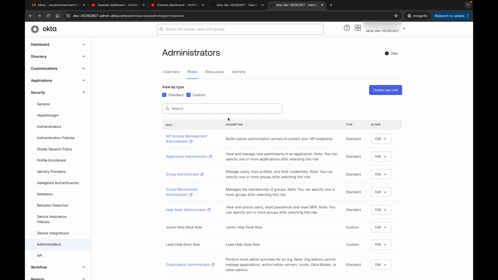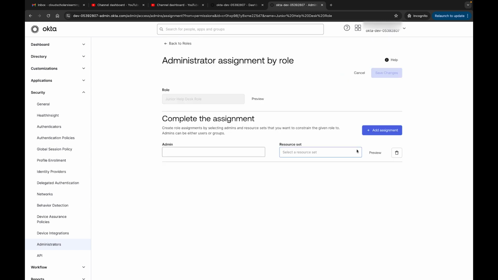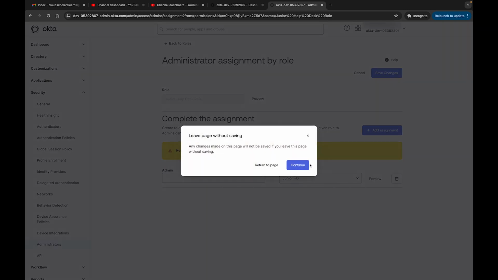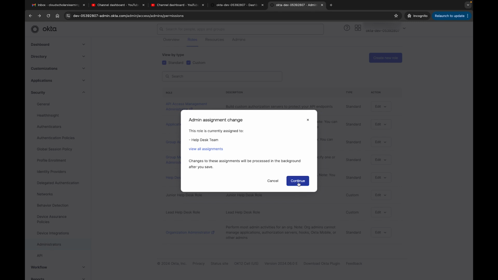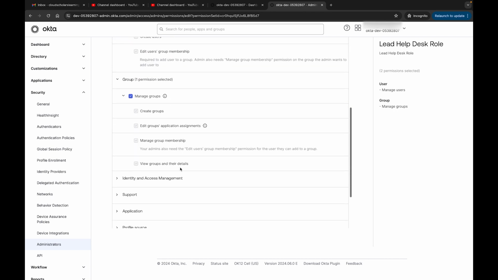So I'm going to come over here back to my junior help desk role and I am going to edit assignment. I need to say it's for the junior HD, but you see, I didn't even throw a person in. It says resource set includes resources that are not affected by the permissions in the role. So what I need to do is go back to my role and edit role within here. Continue. Is this giving me a message saying if anybody has an assignment, it's going to get affected? And I'm going to take out,